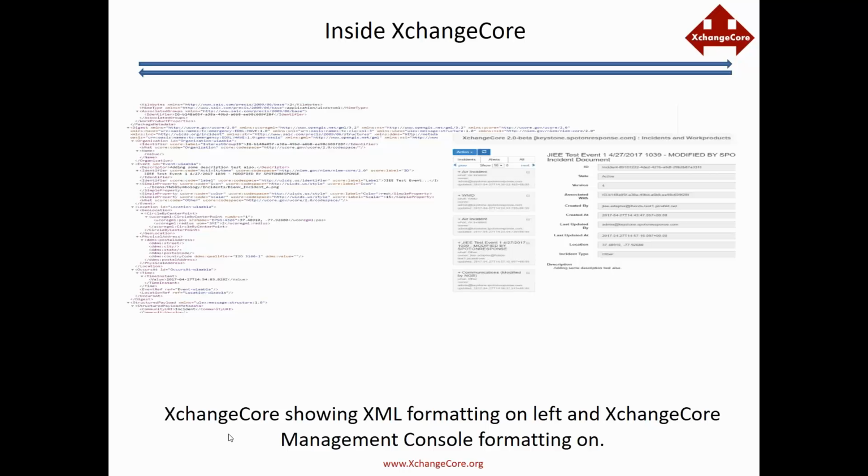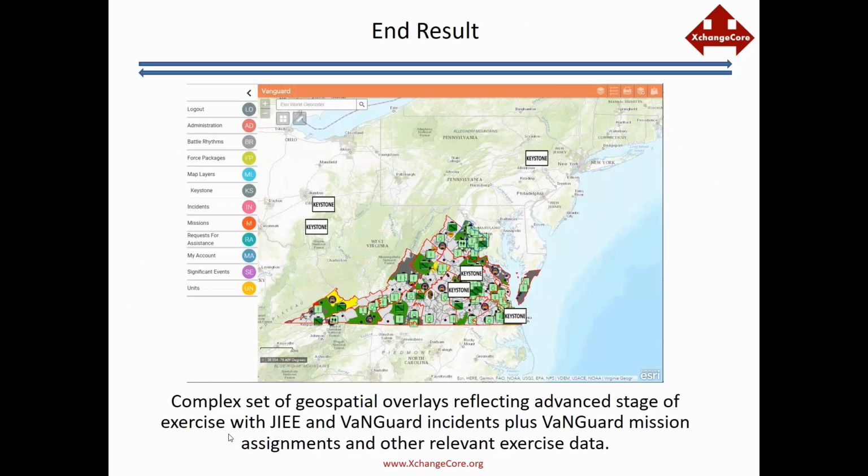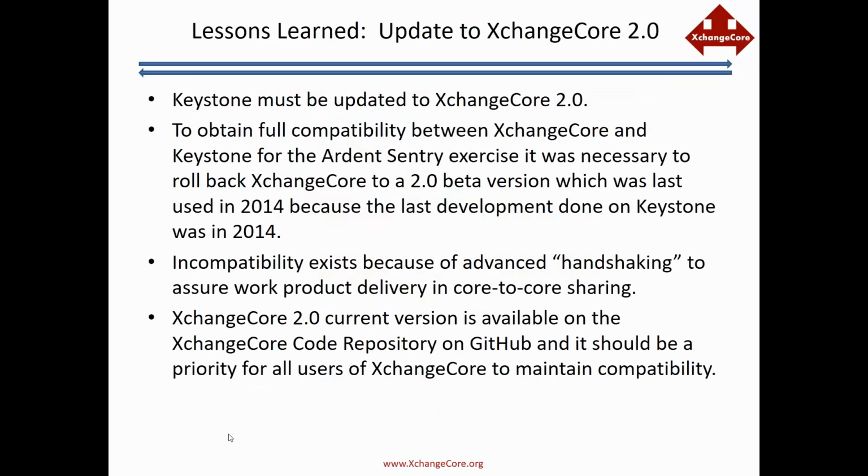Inside XchangeCore, just to give you this thing you can squint at, the NEAM standard format on the left-hand side and XML, it displays in the management console on the right-hand side, and that's something that nobody ever looks at. The end result being the ability to build this wonderfully complex integrated system with incidents and missions and force packages and information from inside, information from outside, thus forming all the relevant data that's necessary. So now,